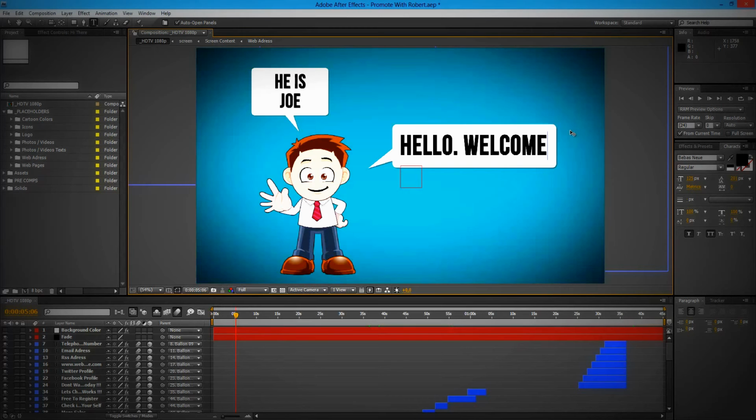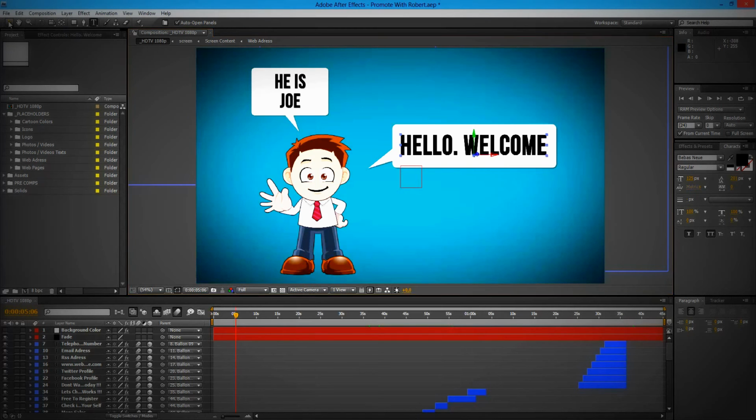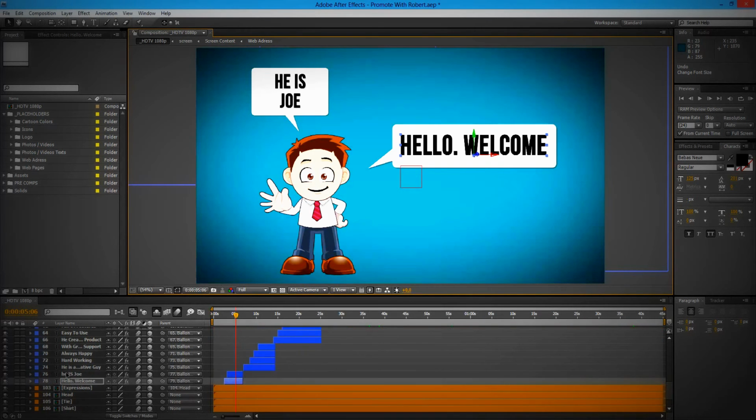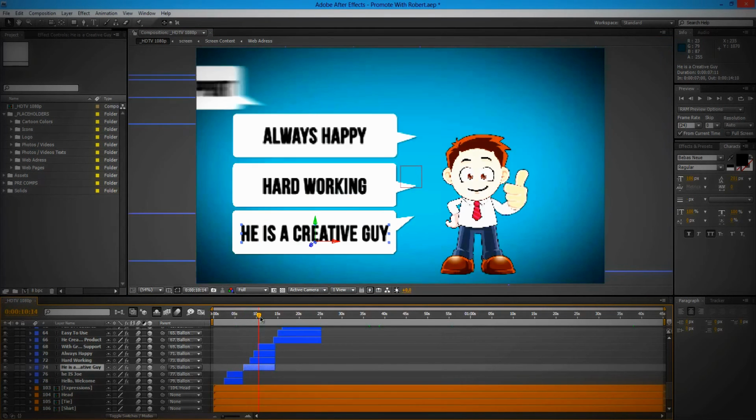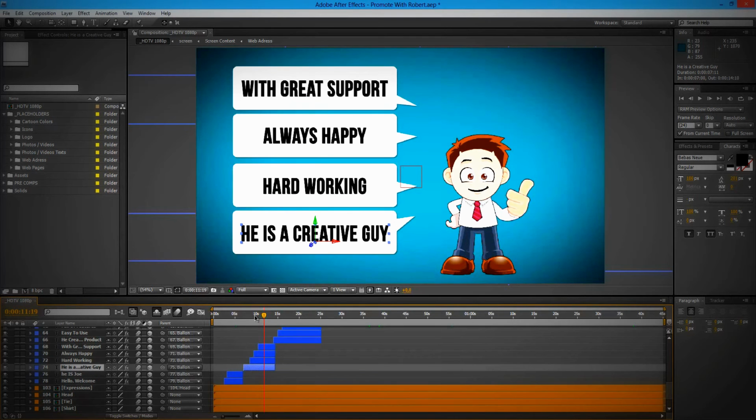I'm just playing around with the sentences, and then you can, of course, play around with the font size, the font type, colors, everything. The other way of changing the text will be to scroll down to your project, and this will be by order, so you don't have to be looking around, but honestly I prefer changing the text and adjusting right away. All you have to do is double click